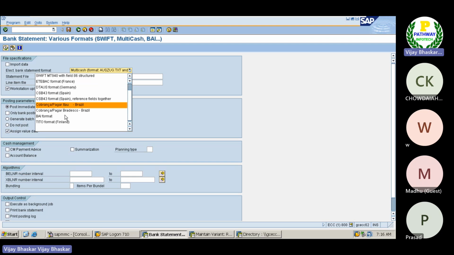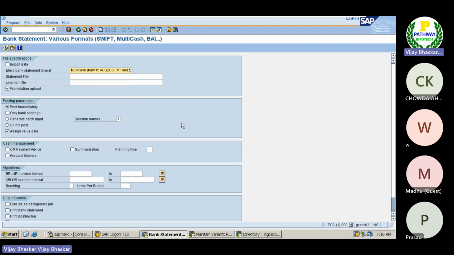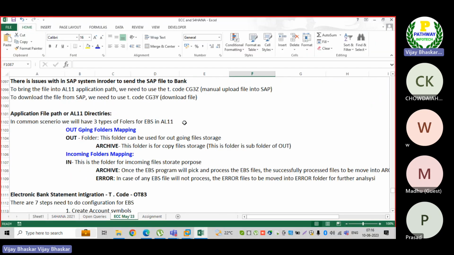Okay, then these are the formats which the bank is going to supply. Now if I mean which one is suitable for you, you can use it. Now I'm just giving the overview. In order to see now, if you see here,